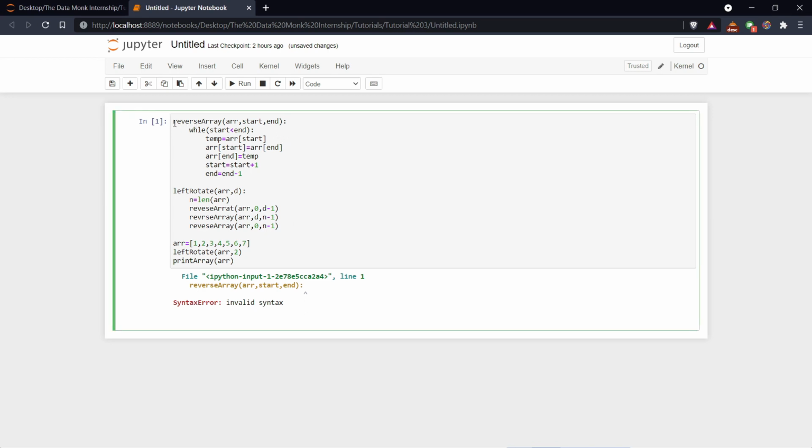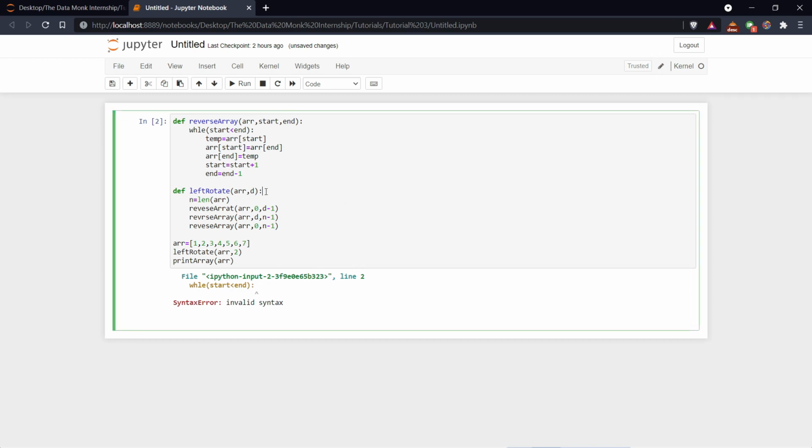Okay. So you see, errors are a very integral part of programming, and we have found an error here. Why have we found this error? Because we haven't used the def keyword, which is used for defining any function. Here also the same mistake happened, that we did not use def to define the function. Now we have used def, and let's see if it works or not.